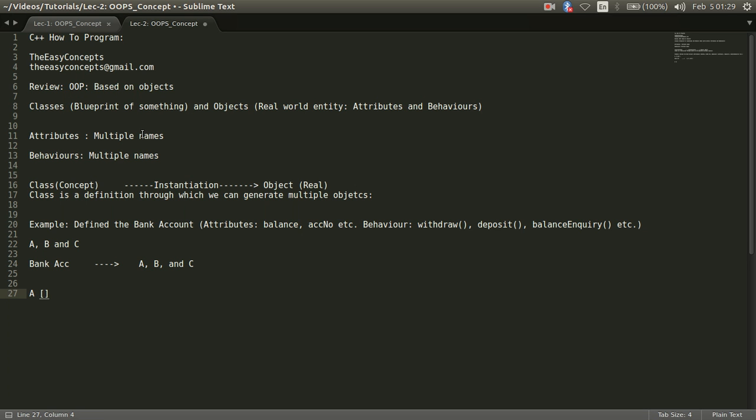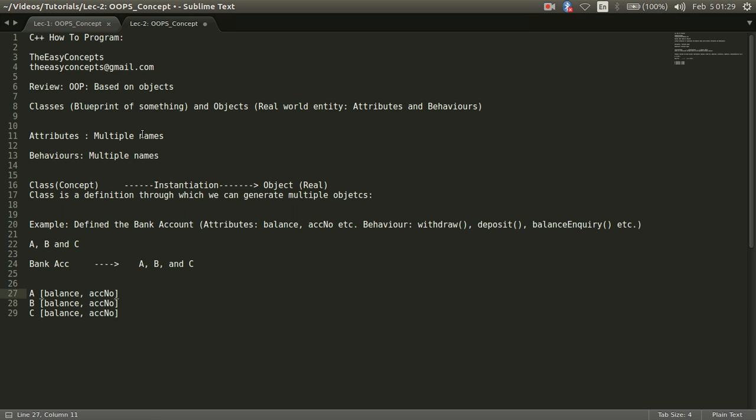If I talk about A, B and C, these objects will have different values of the same attributes.